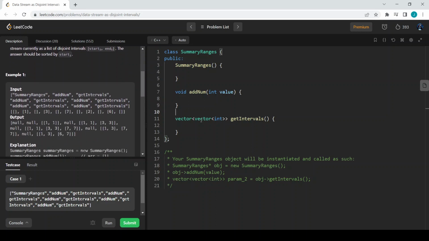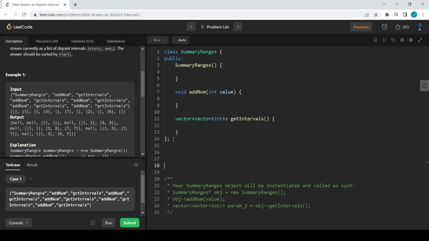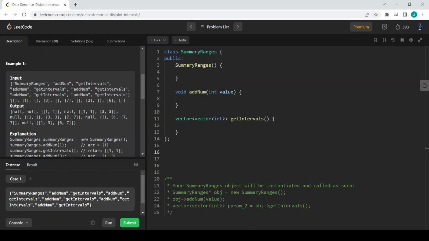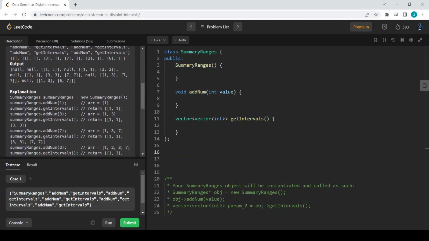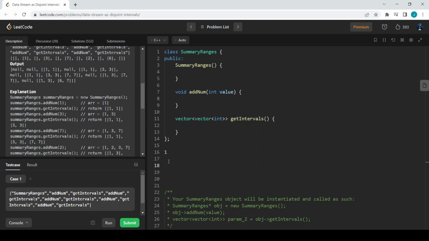So let us see example one so that we'll get an understanding. In example one, these are the input and these are the output. Let us see how the output comes by the explanation. First an object is declared with SummaryRanges, and then to the stream one is added. And now the getIntervals function is called. When the getIntervals method is called, it is going to return a vector of vectors with disjoint intervals. Since one is the only data in the data stream, so we will return